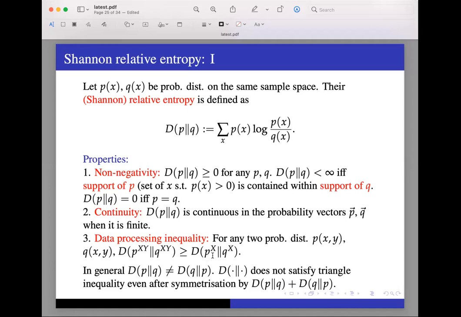Okay, so this notation henceforth will denote the joint probability distribution on the alphabet X times Y, and this is the marginal probability distribution I get on X. As you can guess, a similar thing will also hold for the marginal on Y. So the relative entropy for the joint probability distribution is always greater than or equal to the relative entropy for the marginals.